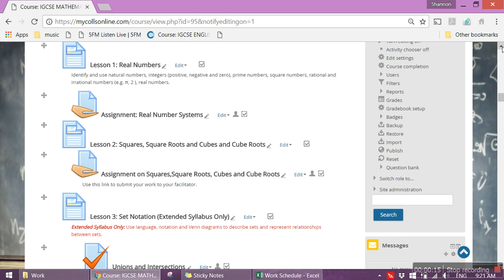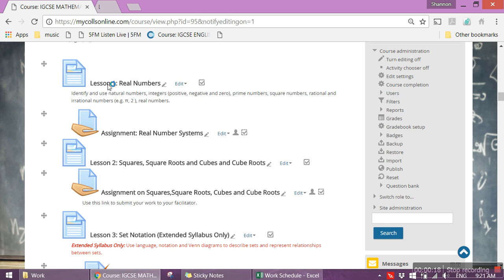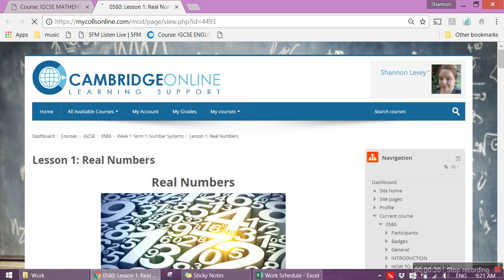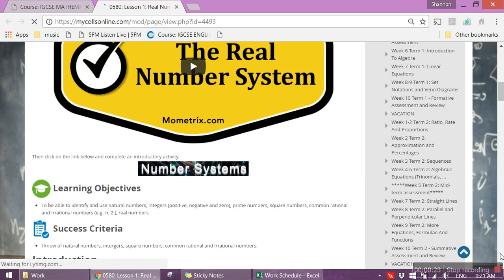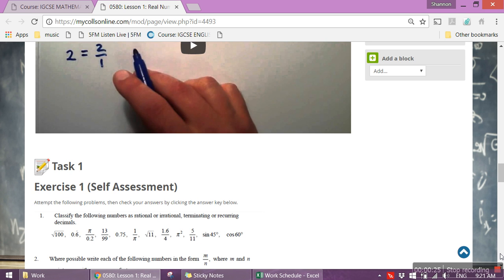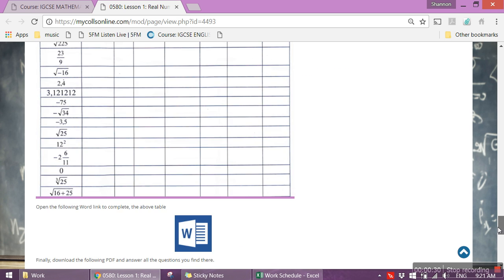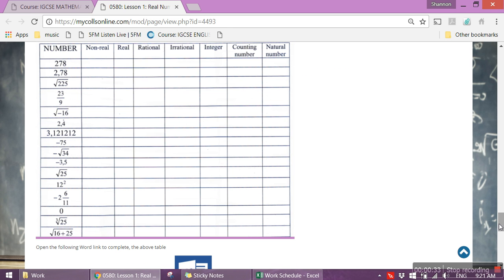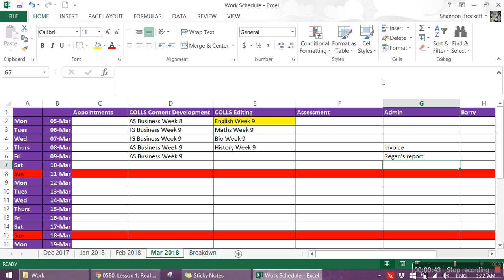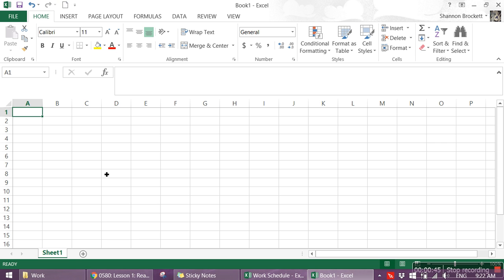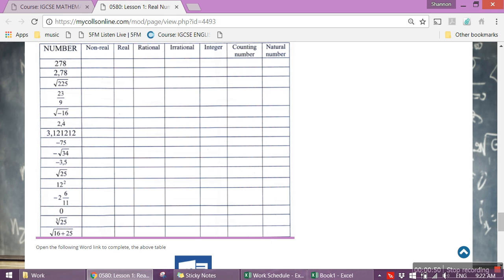Okay, so obviously the first thing to do is to work out what it's out of. So let's see, that's self-assessment and this is submission. All right, so we have how many rows here? 1, 2, 3, 4, 5, 6, 7, 8, 9, 10, 11, 12, 13, 14, 15, 16. Okay, that part's out of 16. I'm just noting because I don't want to forget. And then this part,